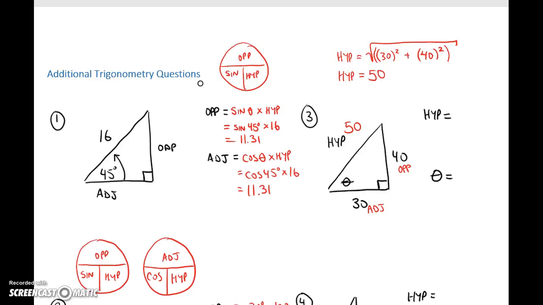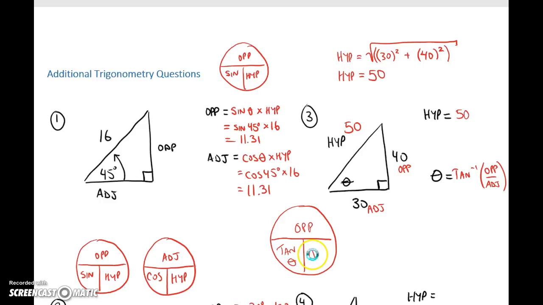Excellent. Now we need to find the angle. Well, we've used sine and cos. Let's use tan in order to find this angle. Here we're going to say that this angle is equal to the inverse relationship of the opposite over the adjacent. Why are we using that? Well, let's look at the tan ratio. Tan of that angle is the ratio of the opposite over the adjacent. So if we're looking for the angle, we're going to do the inverse tan function